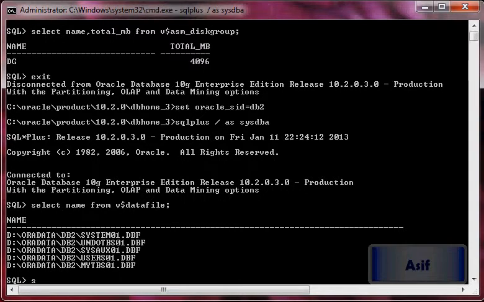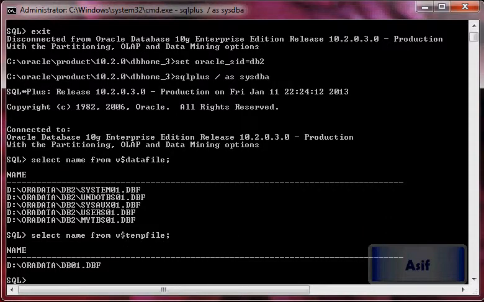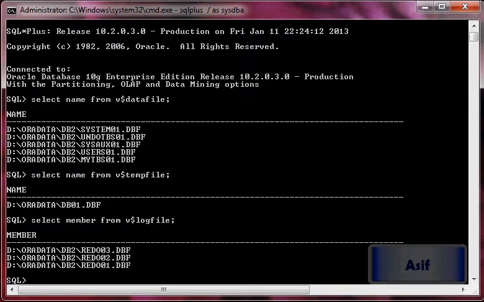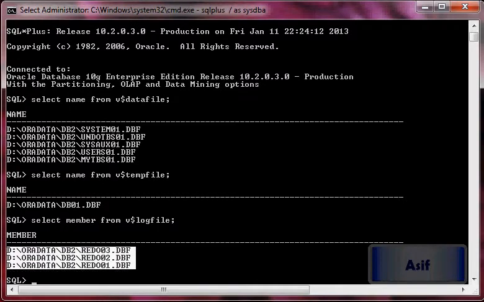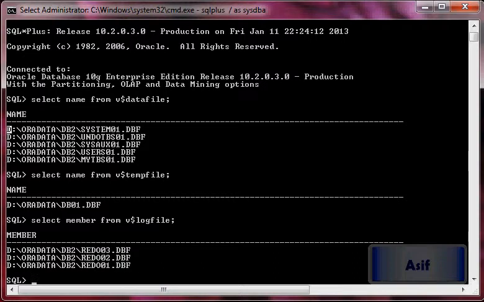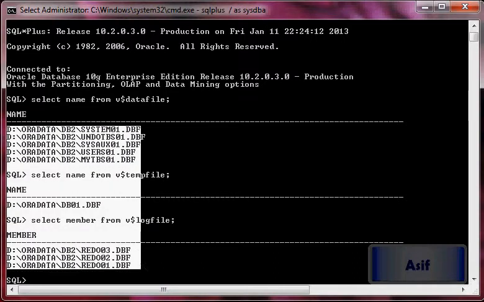This database has got one temp file whose name is db01, and this database has got 3 redo log files. So I will save this information so that we could use it later on.